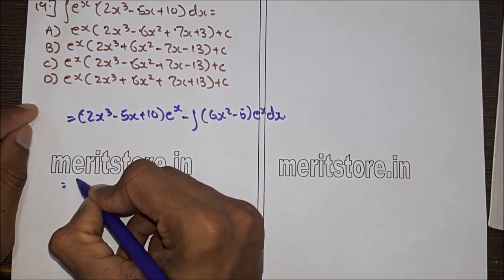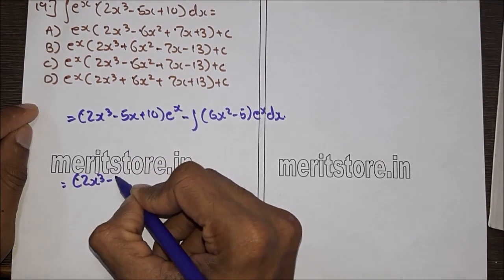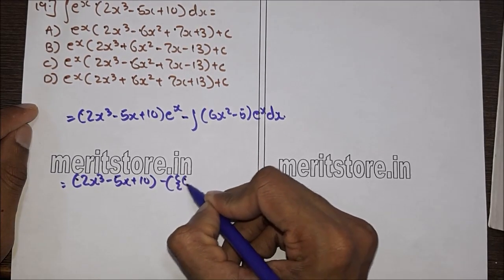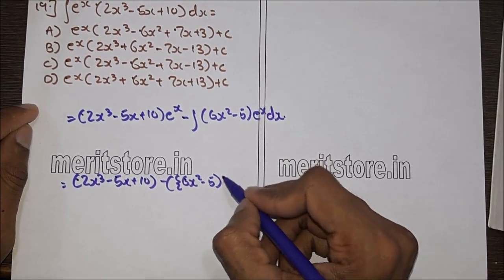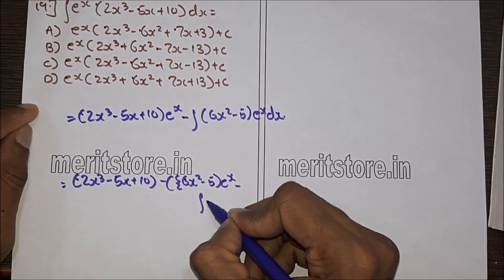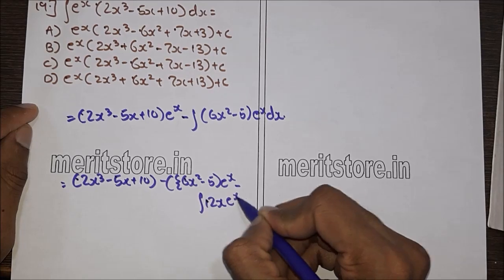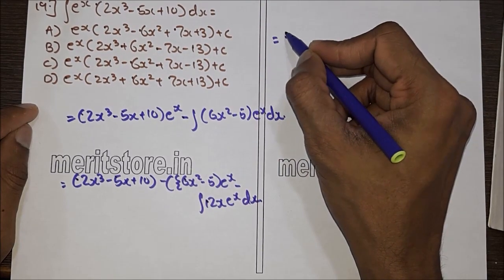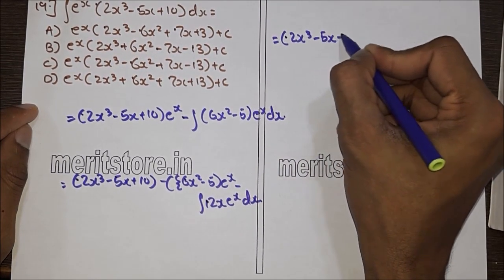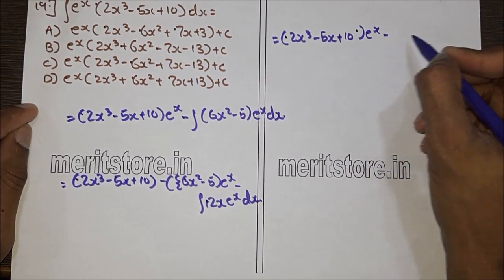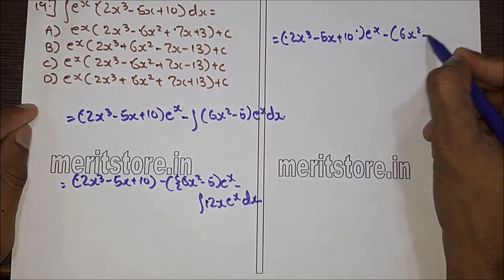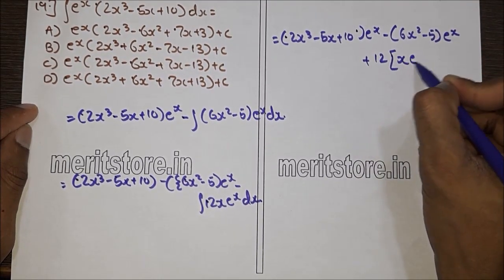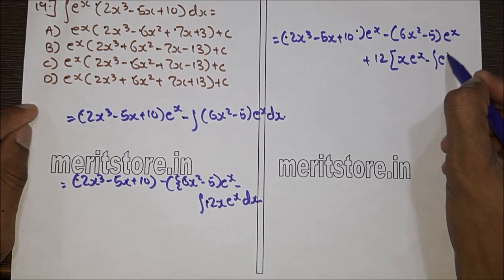we get (2x cube minus 5x plus 10) e raised to x minus (6x square minus 5) e raised to x minus integral 12x e raised to x dx. So we can write this as (2x cube minus 5x plus 10) e raised to x minus (6x square minus 5) e raised to x plus 12 (x e raised to x minus e raised to x) dx